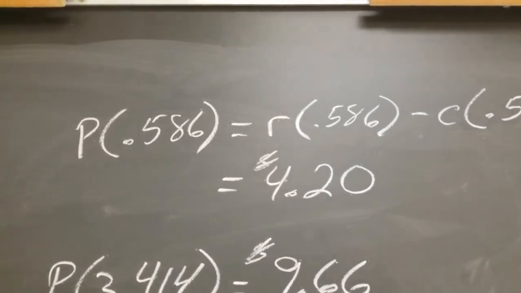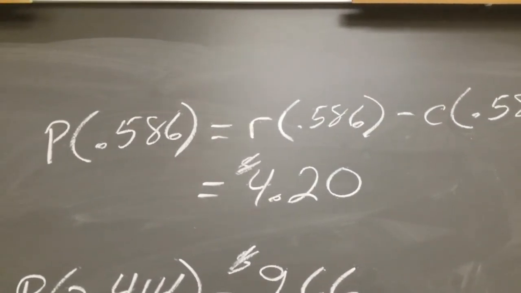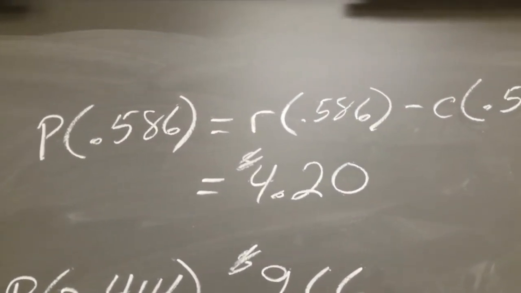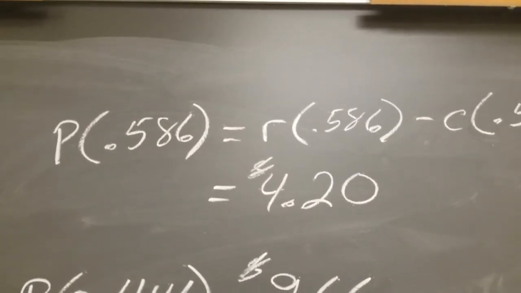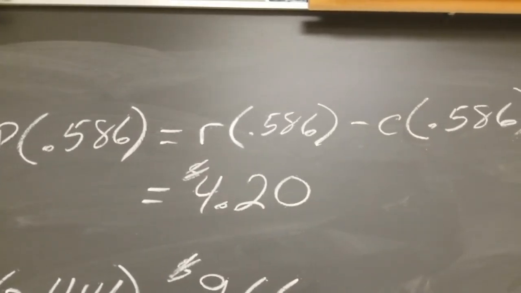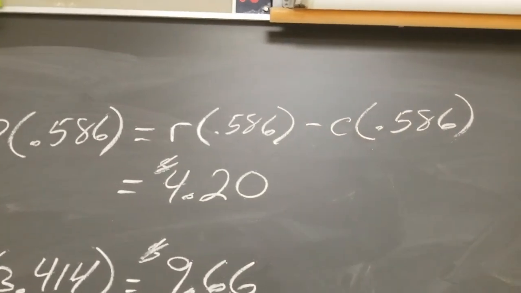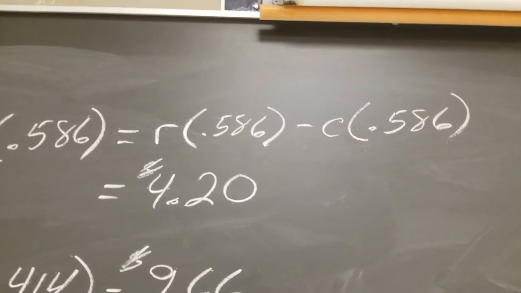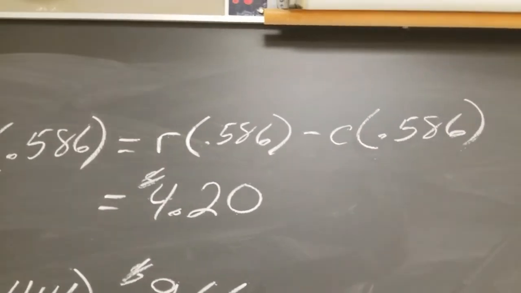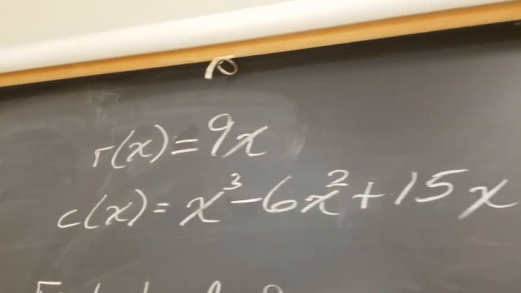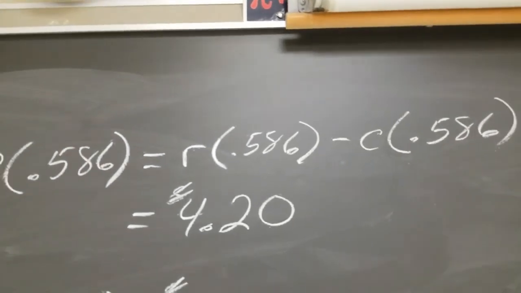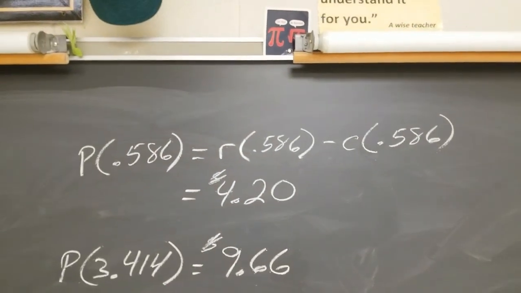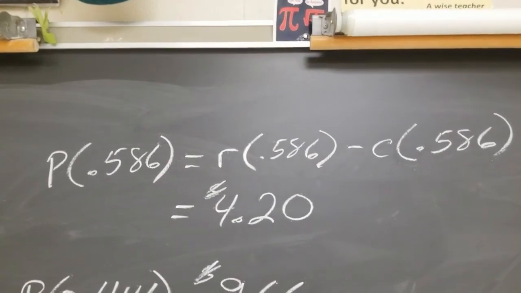So if you sell a half of X, I don't know, a half a cup of lemonade, if that makes sense, what profit would you get? Well, you can plug that into the profit formula. It's really just going to be the revenue found from a half minus the costs found from a half. Now, keep in mind that you have to plug those into the revenue and cost equations. But once you do that and subtract those numbers, then you get a profit of $4.20. What if you sell